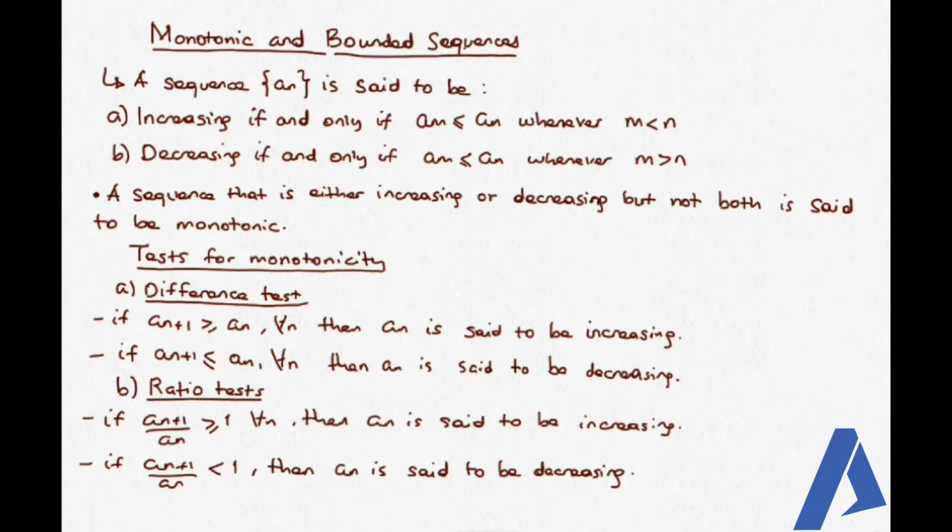ስለዚህ ይሄን ሞኖቶኒሲቲ እንዴት ነው ቴስት የምናደርገው? የተለያዩ ሶስት ሜተዶች። የመጀመሪያው ዲፈረንስ ቴስት ነው። እዚህ ላይ ምንድነው if we have a term እና ከዛ ተርም አንድ በፊት ያለው ሲቀናነሱ ከዜሮ ከበለጠ the sequence is said to be increasing። similarly ደግሞ ከዜሮ ካነሰ it's said to be decreasing። ከዛ በመቀጠል ደግሞ ሬሽዮ ቴስት ነው። ሬሽዮ ቴስት እዚህ ጋር ቤዚክ ነው። ምንድነው if the ratio of a term and the one preceding it ከአንድ ከበለጠ it's said to be increasing። at the same time ደግሞ ከአንድ ካነሰ ratio it's said to be decreasing ማለት ነው።